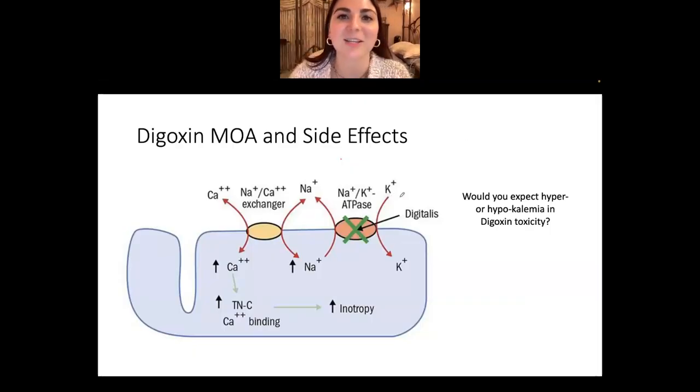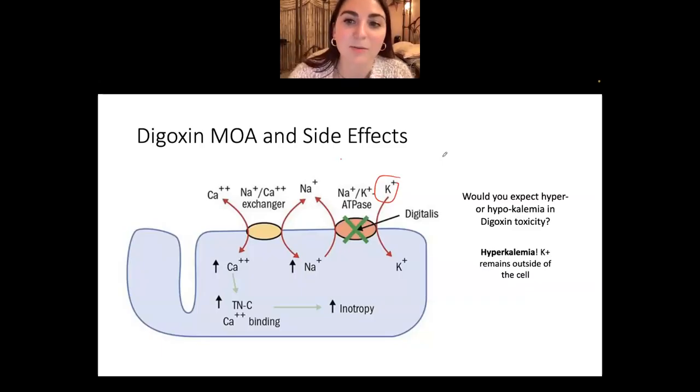Very, very good. It's going to inhibit this pump, so potassium stays right where it is. It's going to stay right out here, so you're going to see hyperkalemia. Potassium is going to remain outside the cell. Classic question. They're going to say, patient was put on a drug,